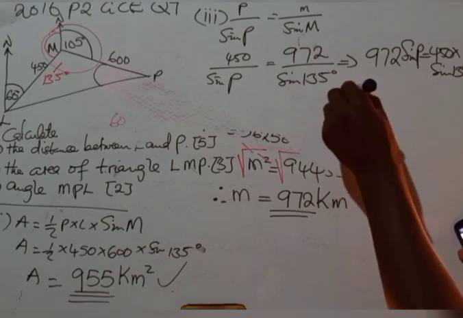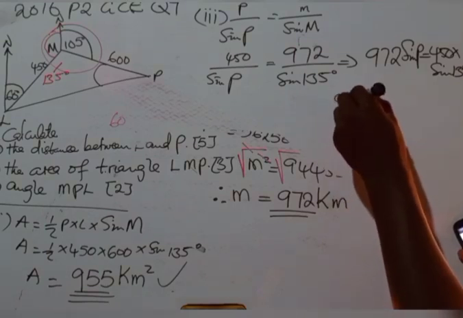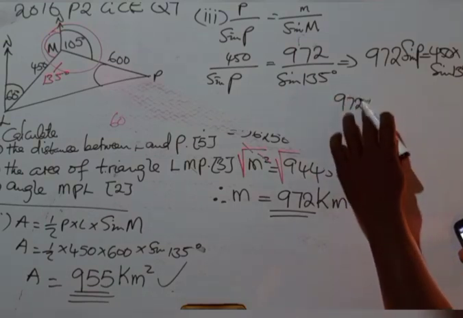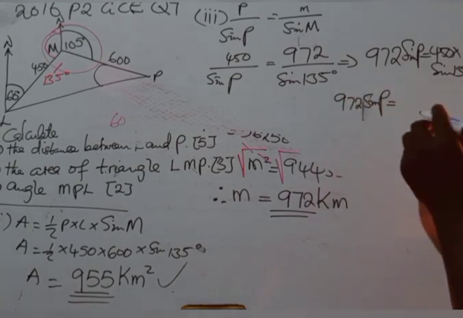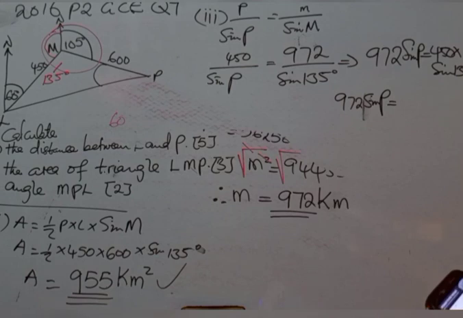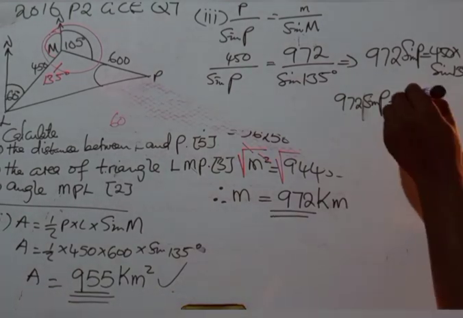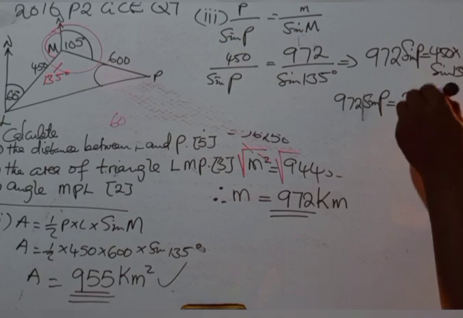So this one will be 972 sine p. Sine p is equal to, if we multiply now, let us multiply, 450 multiplied by sine 135. The answer we have is